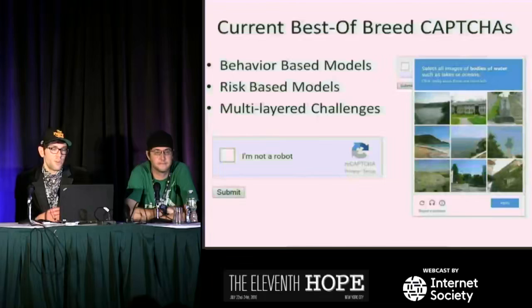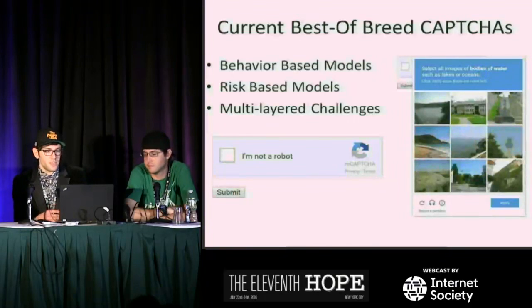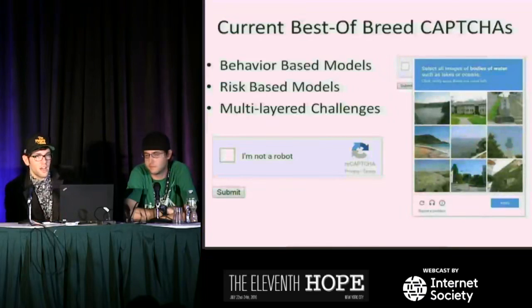So there's a great paper published at Black Hat 2016 Asia that showed some guys doing some testing of the risk-based model with custom crafted user agents. Look into that if you want to know more about it. Highly recommended stuff. But the long and short of it is, you can go all the way from solving these complex challenges that we see here on the right, where they want you to identify bodies of water, all the way down to Google already knows for a fact you're a human because you're logged into your Gmail and you just click the box and you don't even need to solve a challenge.